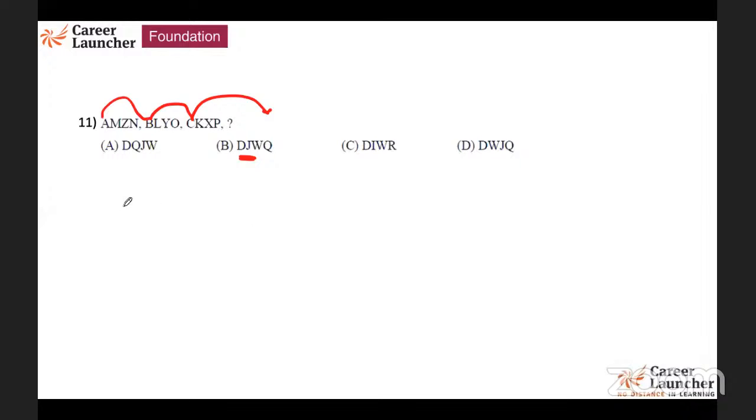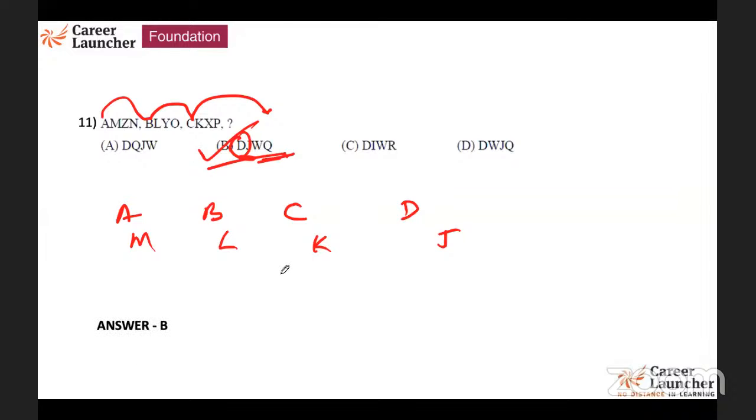So, it is like A, B, C, D. Then J, K, L, M. It is going this way. So therefore, answer has to be B. I don't even have to look at the other two actually, because I will automatically get your answer. And therefore, answer is choice B for this. It's an easy question. These kinds of easy questions are where you save time, and questions which are a little lengthy, you might have to take more time for.